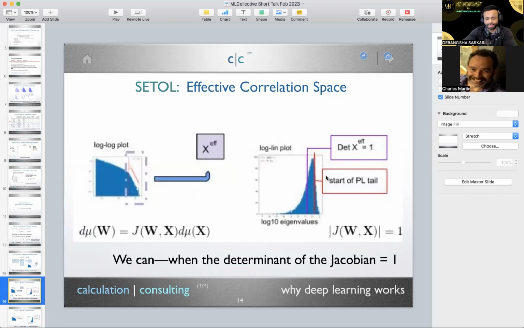What the theory would tell you is that, remember before I said we're trying to pick the start of the tail, right? We're trying to figure out where the tail starts. When the theory is correct, when we think that the two theories match, this is a completely different theory from HCSR. So it uses some of the HCSR stuff, but WeightWatcher will actually do this for you. You can run your model. It will produce this plot with a purple line and a red line. The red line is where the power law estimator says the tail should start. And the purple line is where the SETOL theory, the semi-empirical theory of learning, says the tail should start.